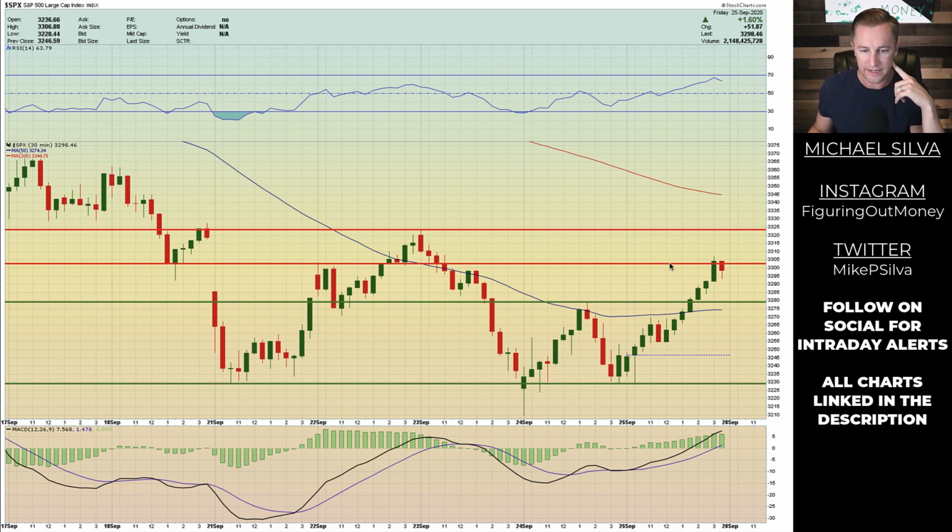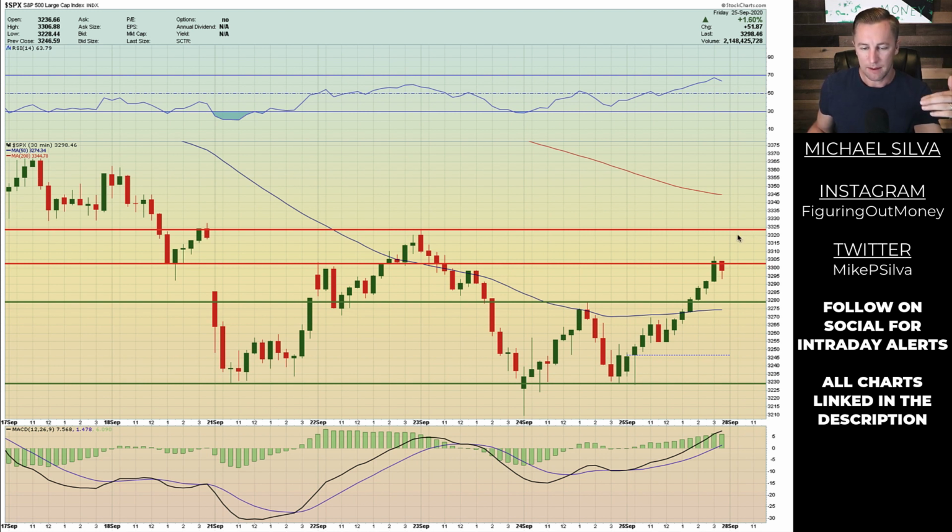But we're running into some massive areas of resistance. One, the level right here at 3,300, really. 3,300 to 3,305 is a level of resistance and kind of a psychological level. And if you look back in the history of the chart, right here, boom, it bounced from it and then gapped through it. Here, it got rejected. Here, it finally broke above, but then came down recently. So 33.25 is that next level.